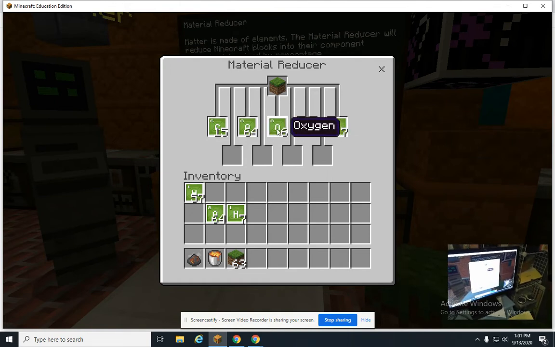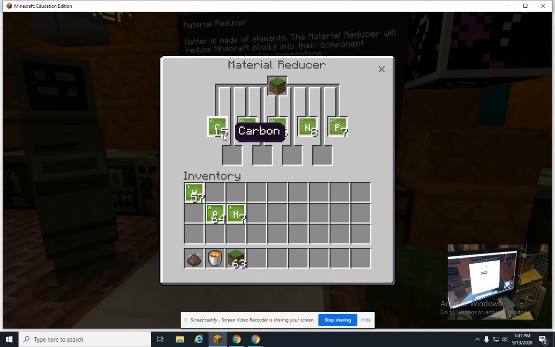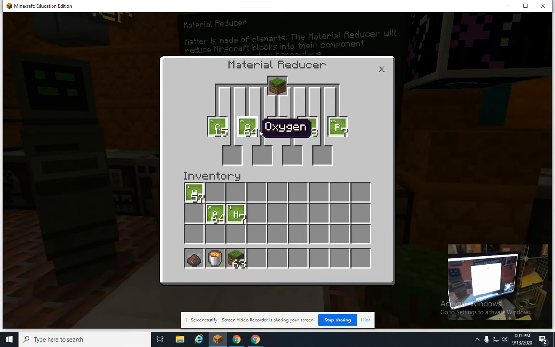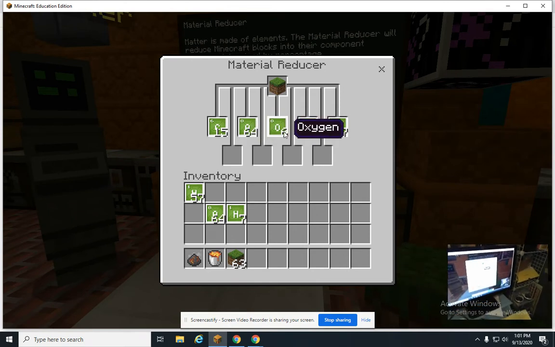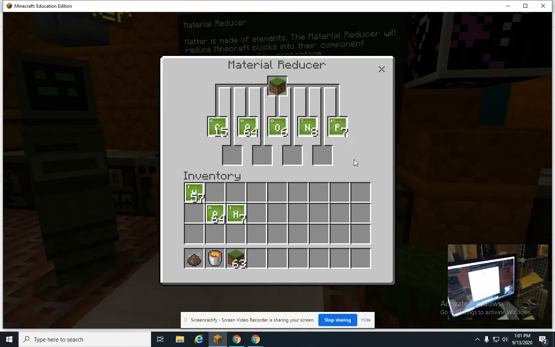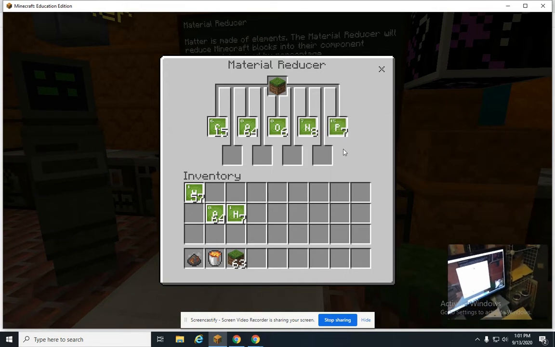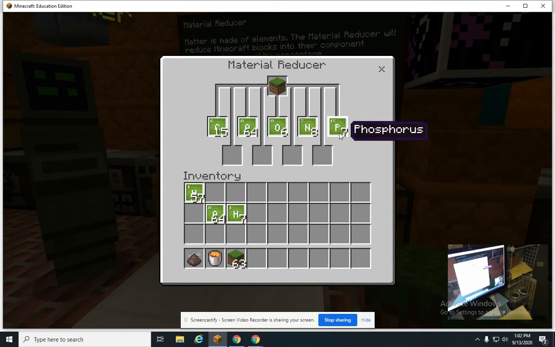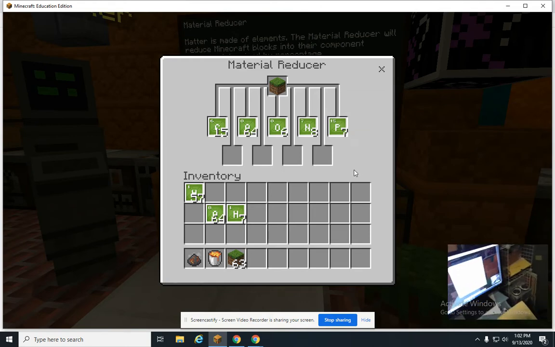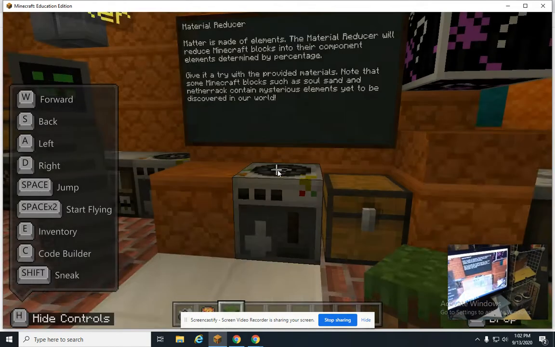Wait a minute. Okay, we didn't. I guess we have 2 different. Okay, they put oxygen in 2 different things. They had 64, so much oxygen, they had to actually spill it over to two cells, nitrogen and phosphorus. So, if I want to make fertilizer, nitrogen and phosphorus, I'll bet I can go back to that other table, take this and create fertilizer. Let's say if I have a baby tree I need to grow, I could use that. So that's